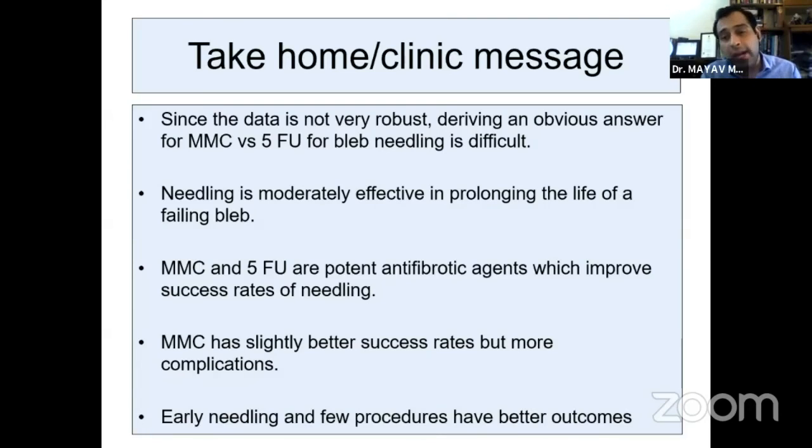Ideally it should be injected, I think, 5 to 10 minutes earlier than needling, so that there's enough time for absorption, so that when you start needling, there is no chance for the Mitomycin-C to go directly into the anterior chamber at that point of time and cause corneal endothelial damage or ciliary body toxicity, which can be extremely dangerous and can cause large visual morbidity in such patients, and we should be careful of that. And early needling, 2 to 6 months, gives us better outcomes, and fewer needlings or fewer procedures will give us better outcomes. These are my